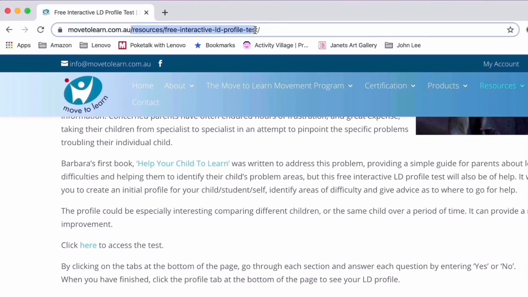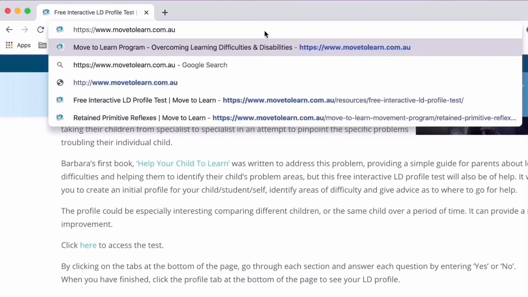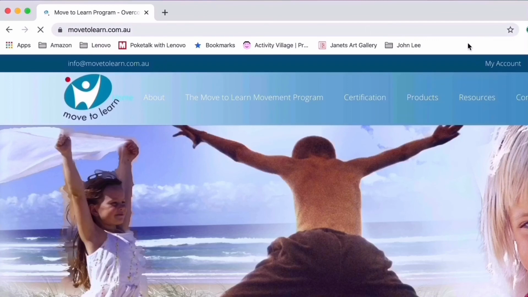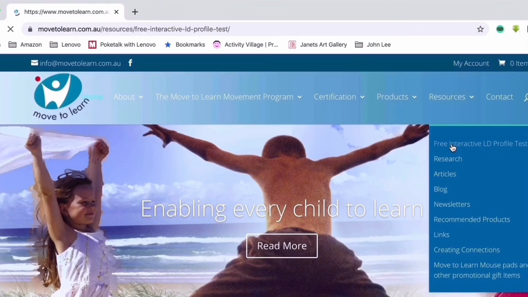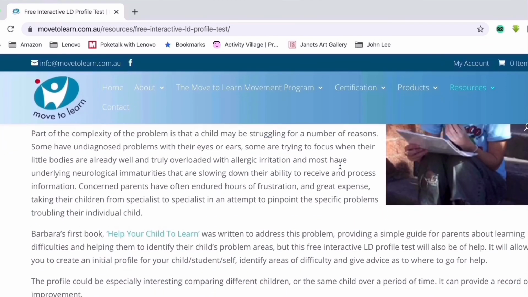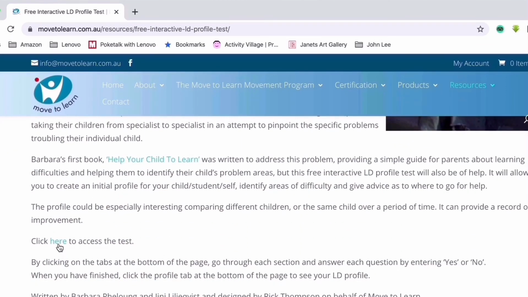www.movetolearn.com.au. Remember to go to this website. I'll show it to you once again. Go to resources, click free interactive LD profile test, and go all the way down to click here to access the test. This program was designed by Move to Learn to help parents, and we appreciate if you follow the